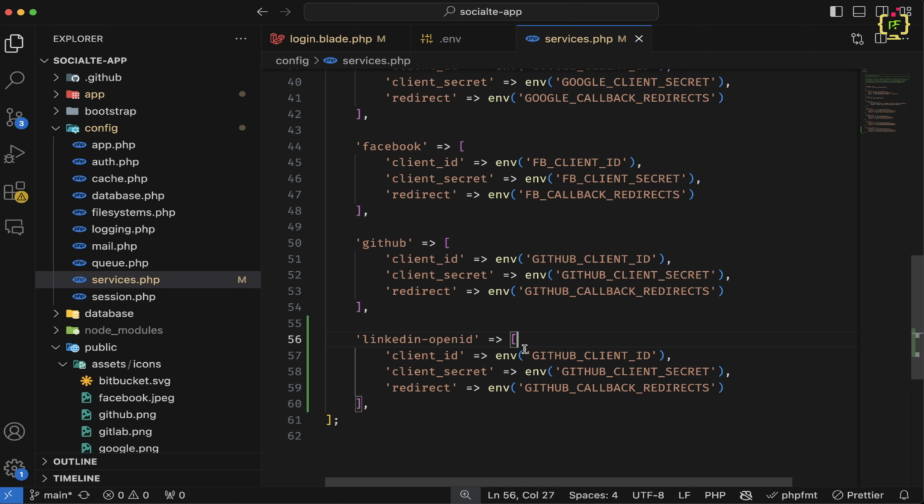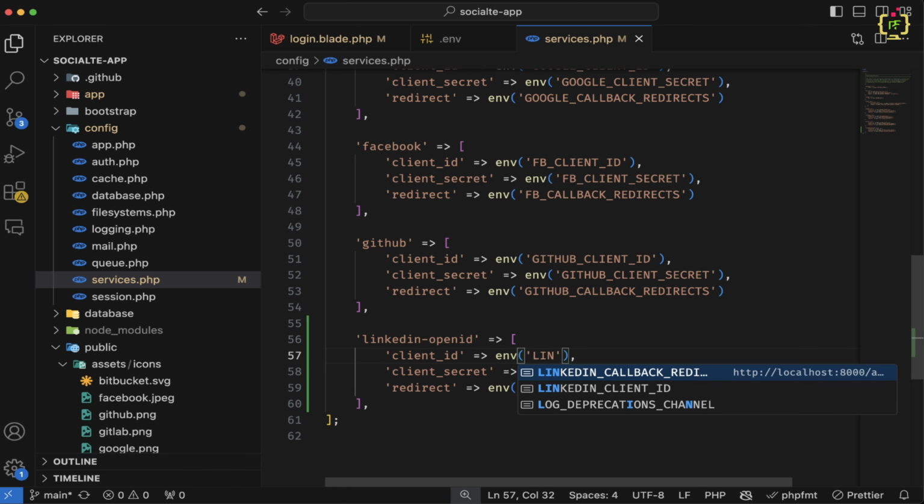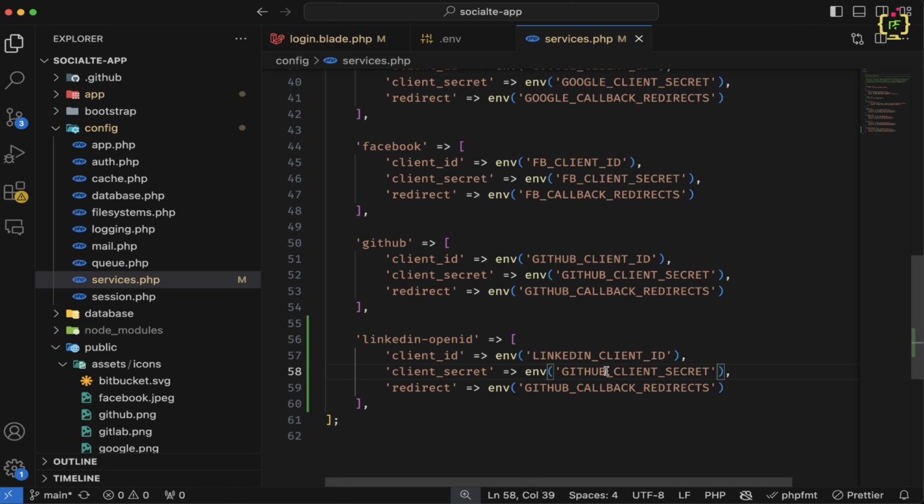Okay. Now let's replace these variables from the .env file for the added LinkedIn. So this will be LinkedIn client ID and this will be LinkedIn client secret. And lastly, this will be callback redirect. Okay, this is done.